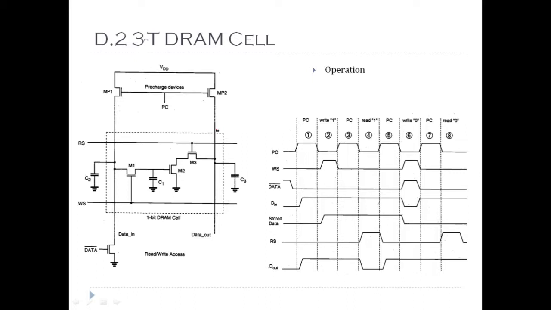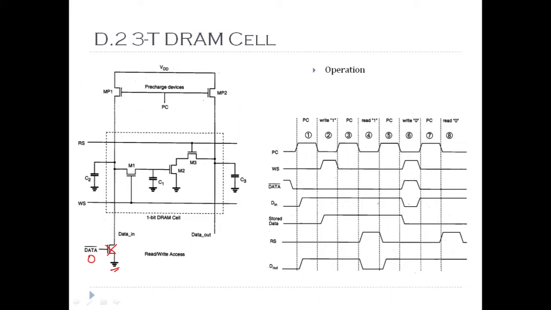Now let's look at the write 1 operation. For the write 1 operation, 1 is provided to the data signal, so data bar becomes 0. As data bar becomes 0, this transistor is turned off. As this transistor is turned off, there is no path for this capacitor to discharge through the ground. Hence, it maintains its pre-charge voltage, that is 3.5 volts. In general, we can say close to VDD.